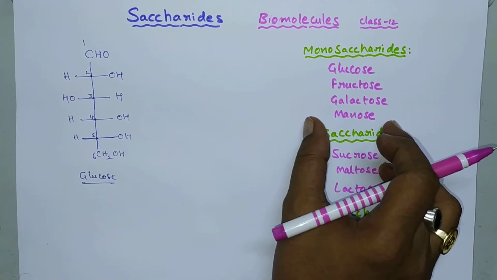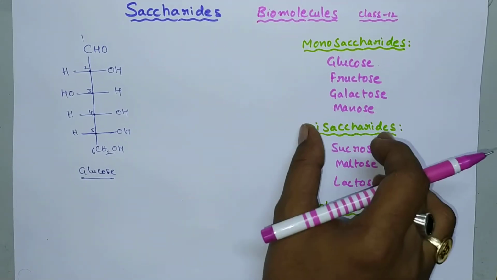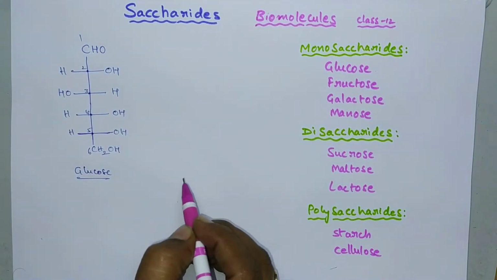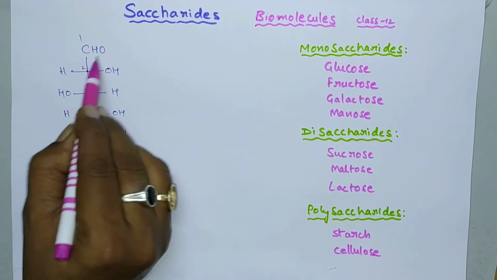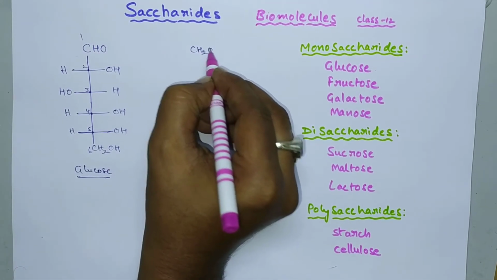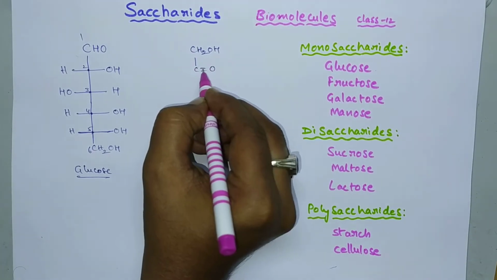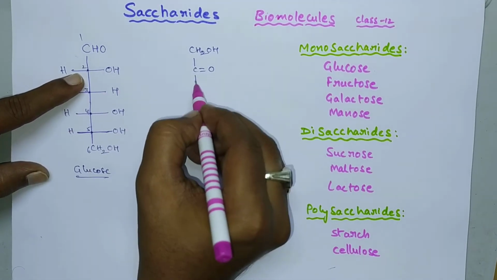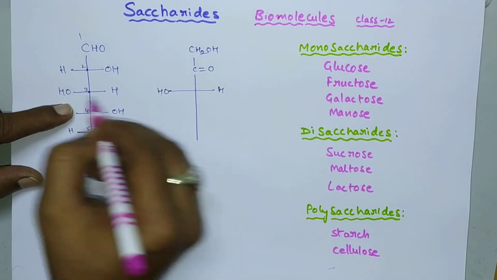Monosaccharides means those which do not further hydrolyze to different products. The first one is glucose and the second one is fructose. Glucose consists of an aldehyde group, whereas fructose consists of a keto group. You have to write the structure like this. The keto group is present at the second carbon. At the second carbon there is a keto group and the remaining configuration is the same: third carbon,